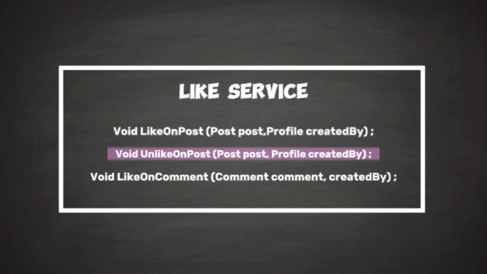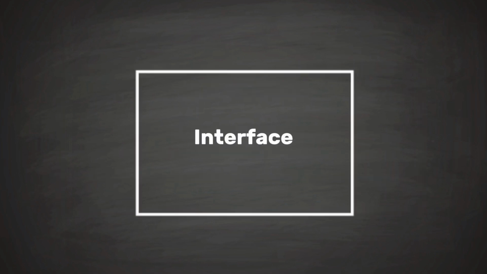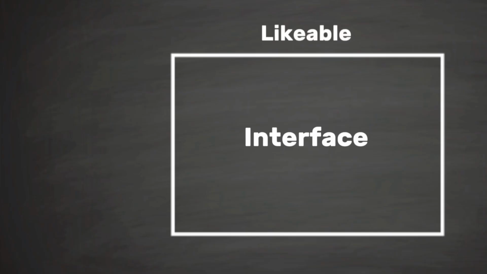If you see here in this piece of code, what did we do? We just fetched the list of likes from the post, and the same thing we would have done in the comment also. For unlike, we want to do the same thing. Basically, we want to get the list of likes from the post, and then instead of add, we have to remove this like, right? Same for comment. So what if we make an interface which says likable? Let's see it step by step, and then we'll come to the most optimized way how likable can be used.